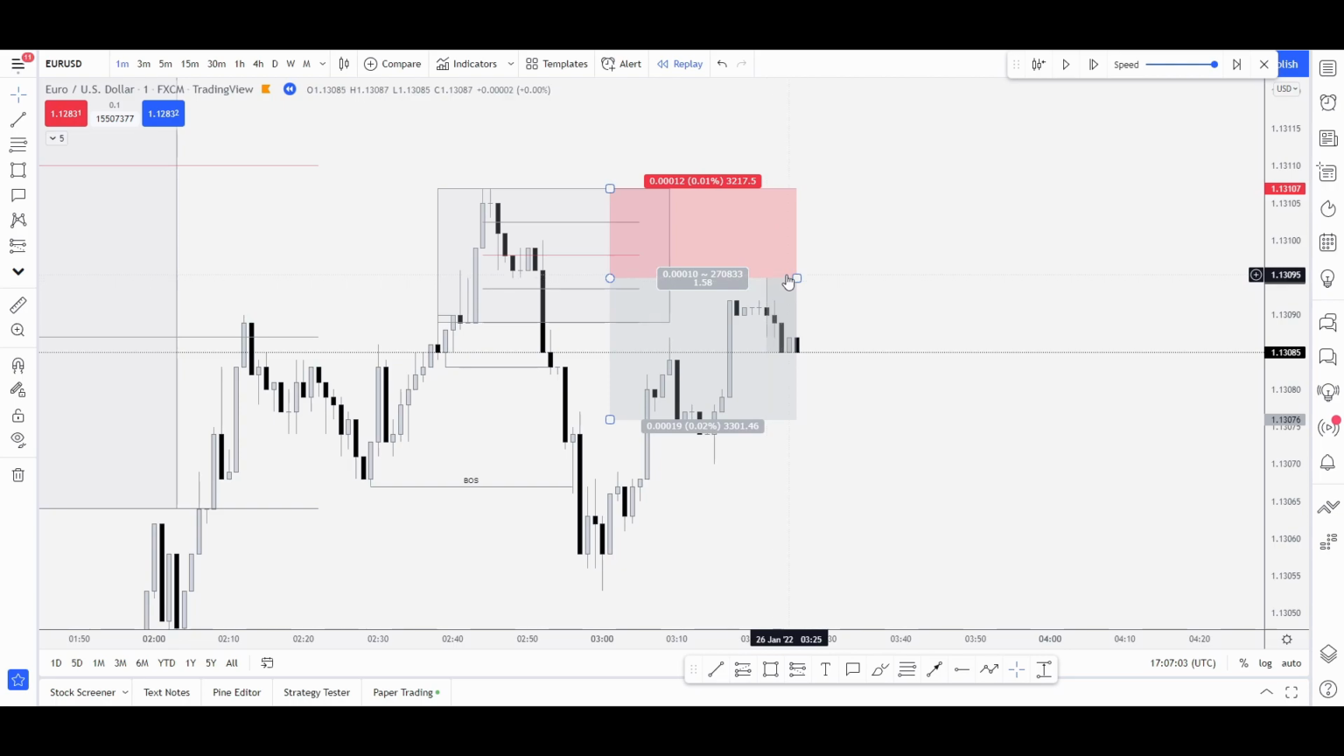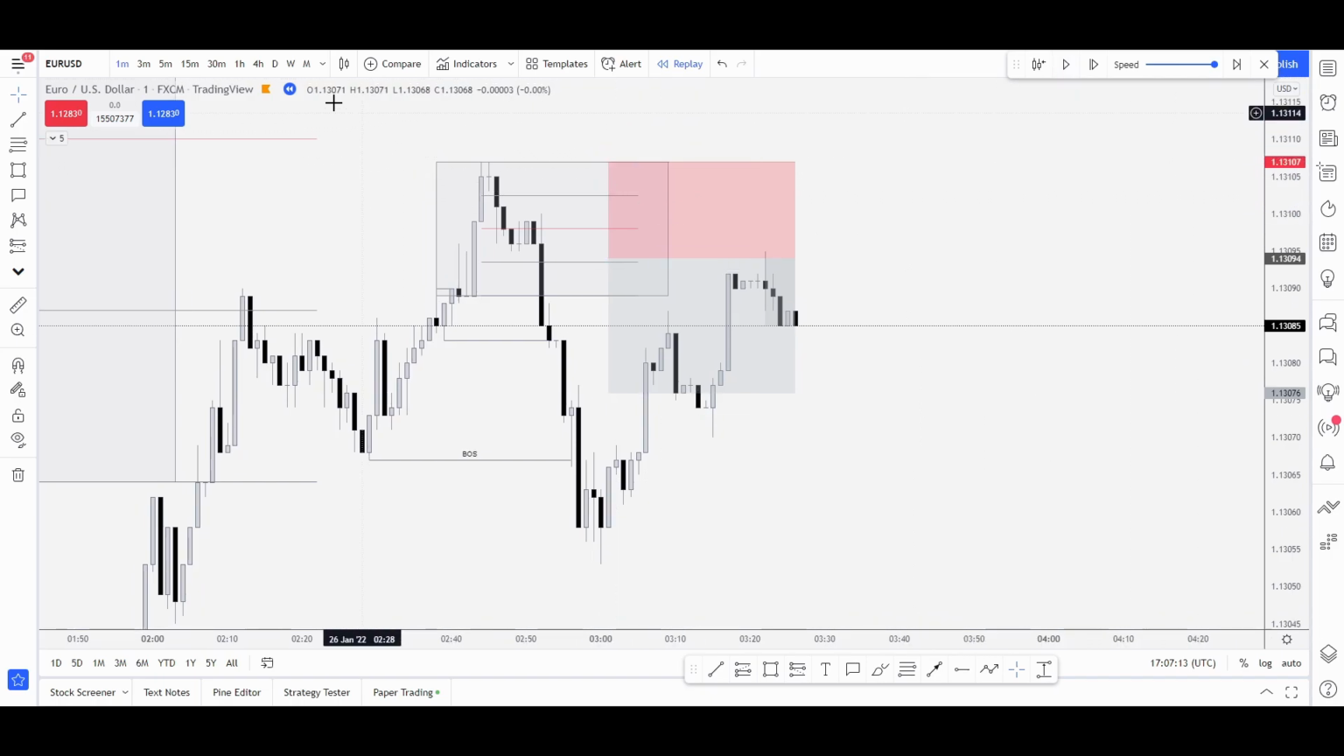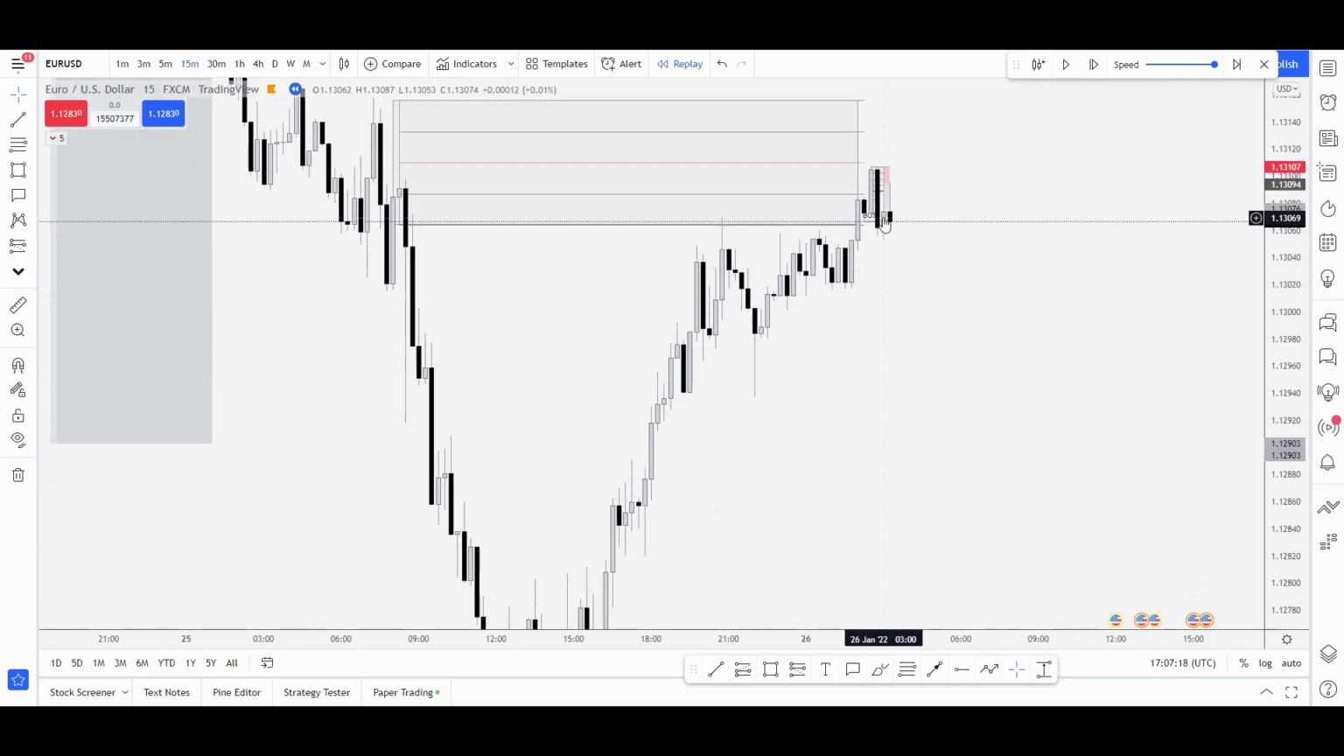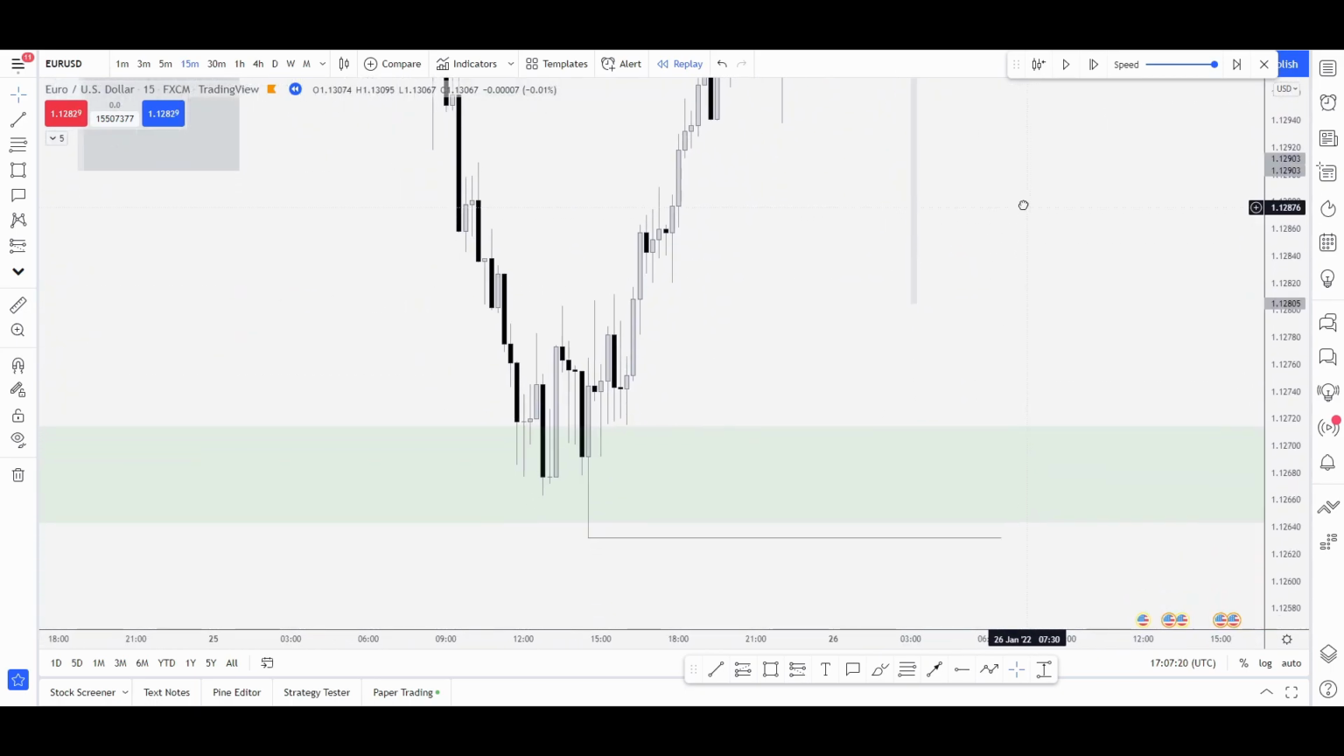And look at that, it is like picture perfect. If I set the order correctly, which is there, I definitely would have been in by 0.1 of a pip. So where was the target for this, by the way? Just to work this out for you, and just to show you, the target is all the way down here